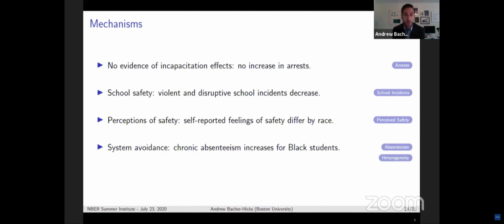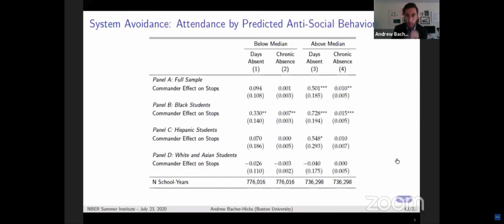We find in terms of students' self-reported perceptions of safety that they differ substantially by race. So students in primarily Black schools report feeling far less safe than students in primarily white schools. And the last piece to note is system avoidance. So we find strong increases in chronic absenteeism among Black students. And I think someone had a question about this, so I'll just quickly show this chart where if we predict